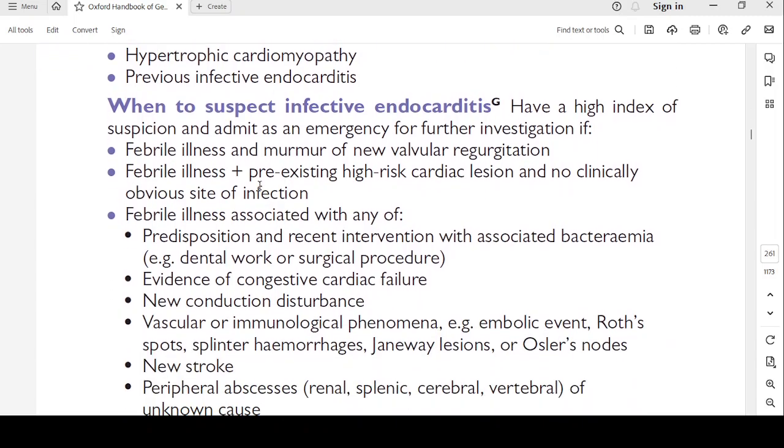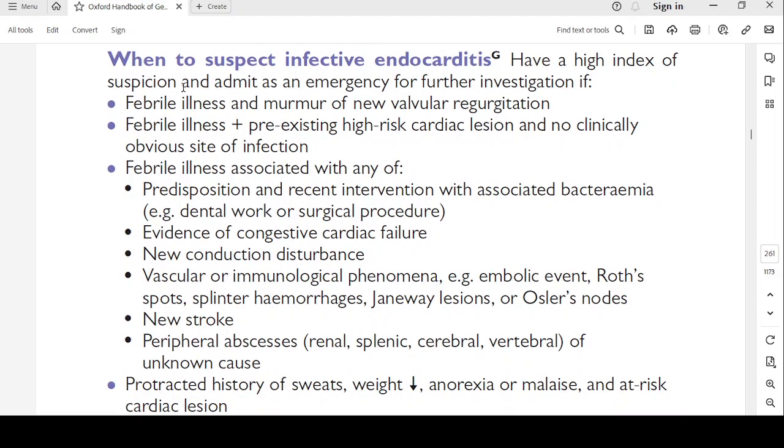Have a high index of suspicion and admit as an emergency for further investigation if there is a febrile illness and a murmur of new valvular regurgitation. Febrile illness plus a pre-existing high risk cardiac lesion and no clinically obvious site of infection. Febrile illness associated with any of the following: predisposition plus recent intervention with associated bacteremia like dental work or a surgical procedure; evidence of congestive cardiac failure, new conduction disturbance, vascular immunological phenomena. Example, an embolic event or the Roth spot, splinter hemorrhage, Janeway lesions, Osler nodes, new stroke, peripheral abscess, renal abscess, splenic abscess,